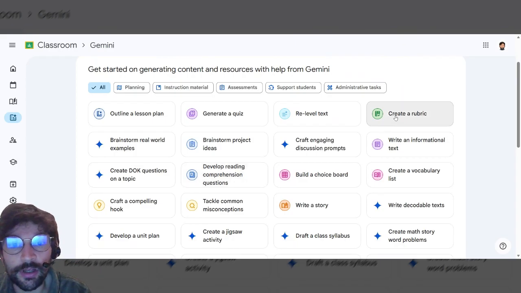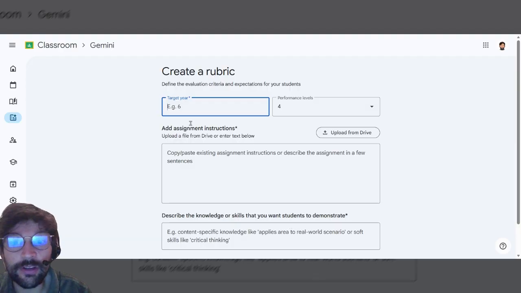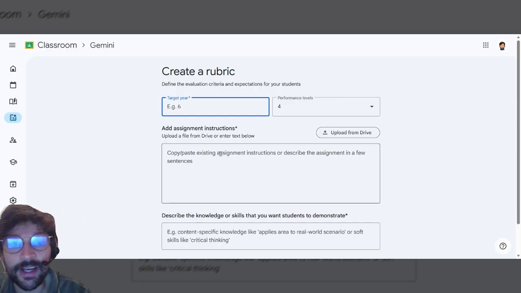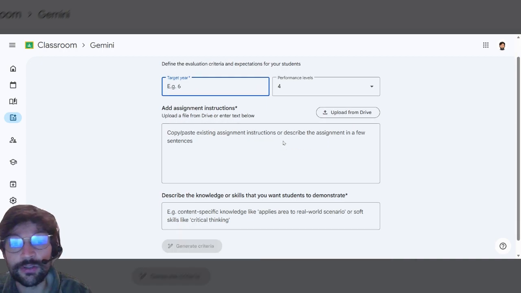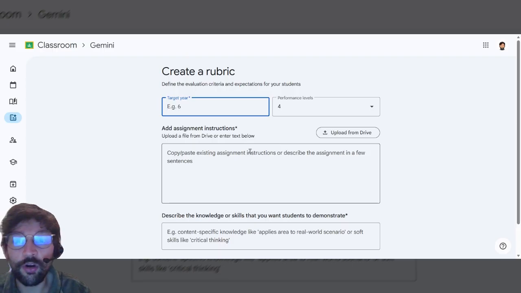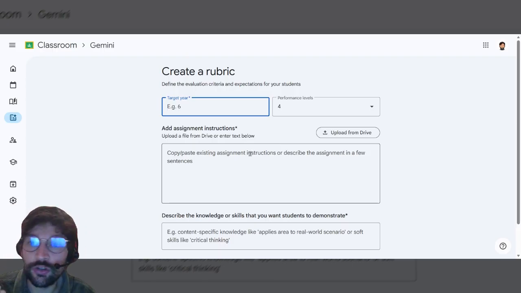Just to show you what create a rubric looks like, it will give you things like the target year, performance level, which means how many levels within that rubric you want to see. And it will also allow you to upload documents from Google Drive as well that you maybe want to use as part of your rubric. All of these are given just so that in